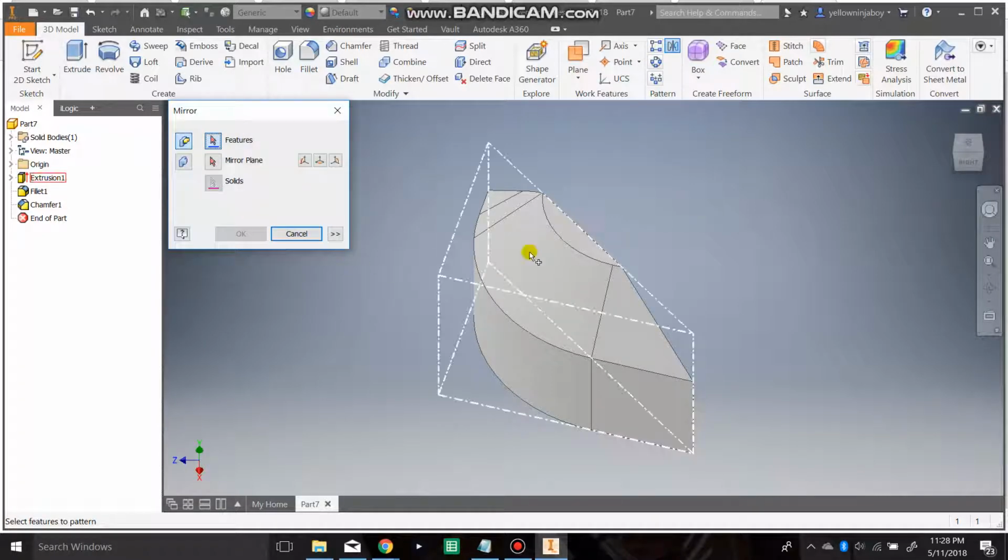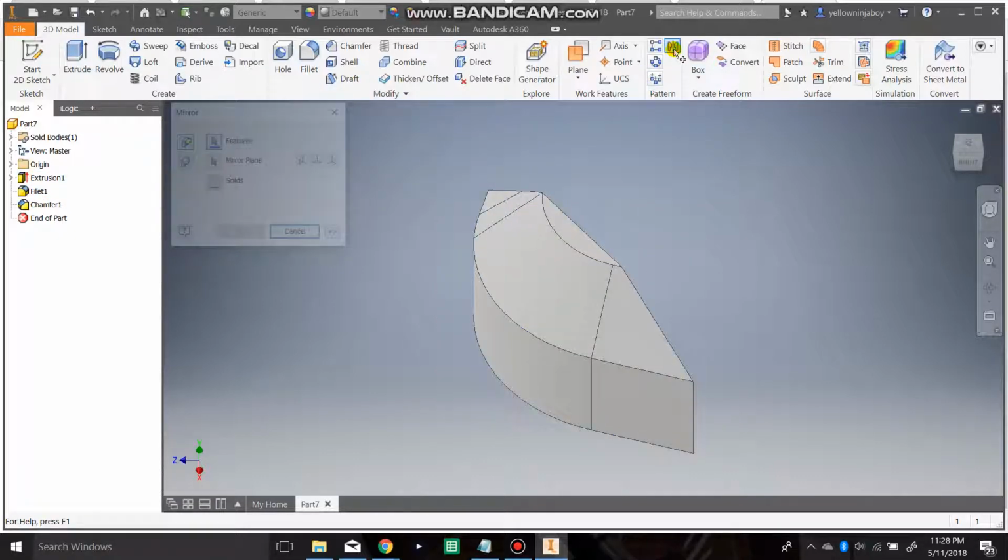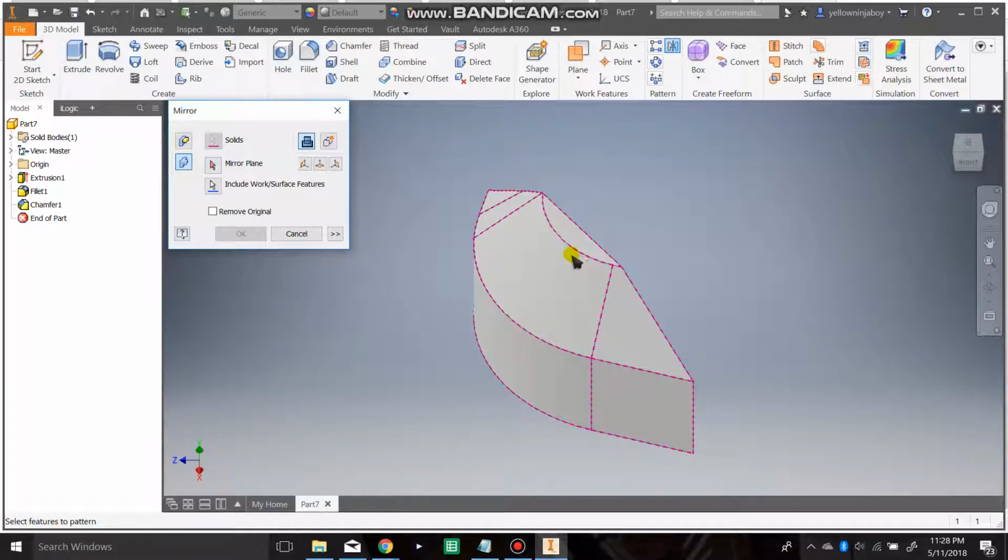You want to click on the shape right here. You're also going to want to click on chamfer and the fillet because it isn't included as one shape. Now, there's 2 different ways you can do this. You can go back to mirror again, and you can click solid, which will automatically select the whole part or